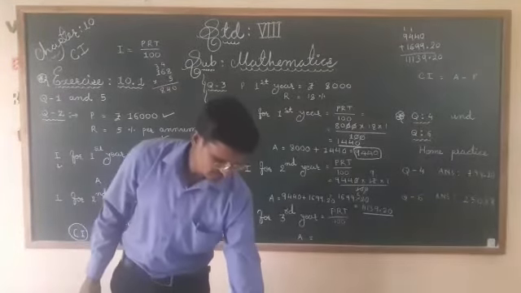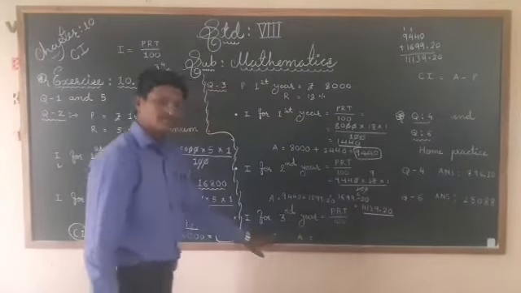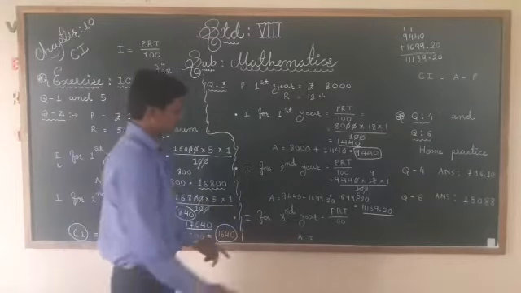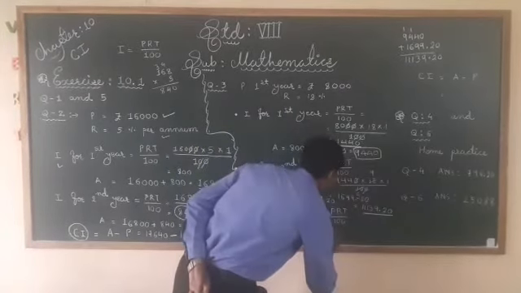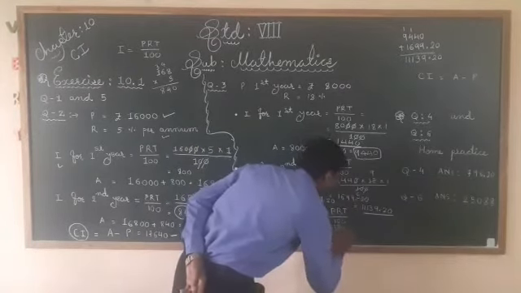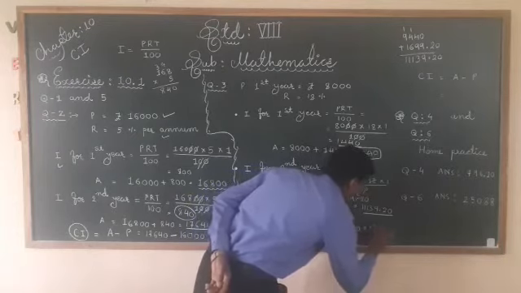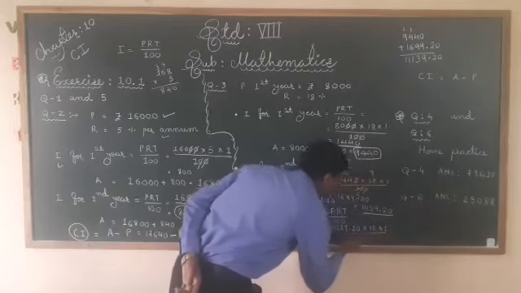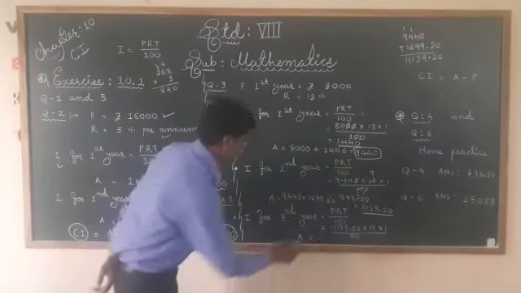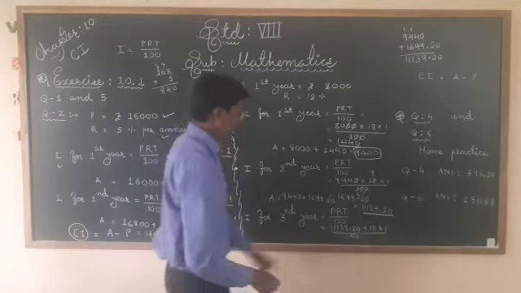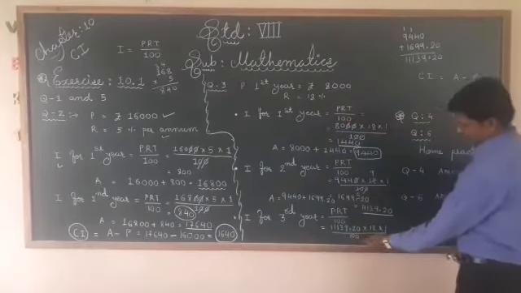So here, 11,139.20 is the amount for the second year. The same thing we have to find out for the third year. So for the third year, the same formula, we will use this value: 11,139.20 multiplied by 18 multiplied by 1 and divided by 100. Okay? Divide by 100.